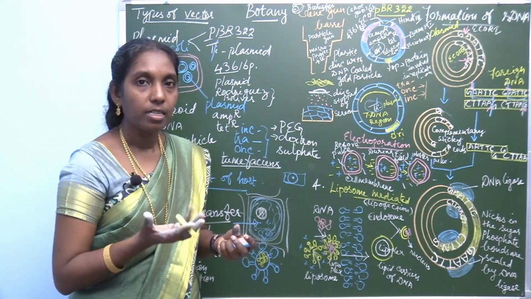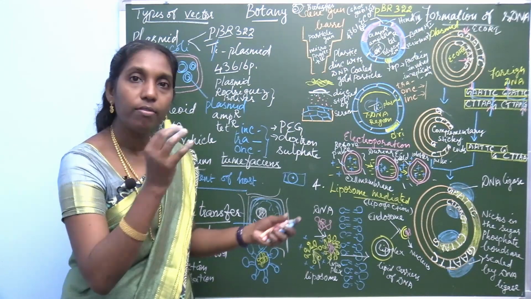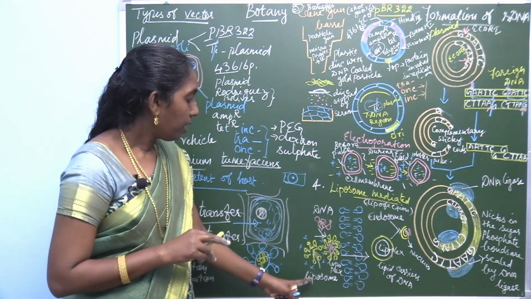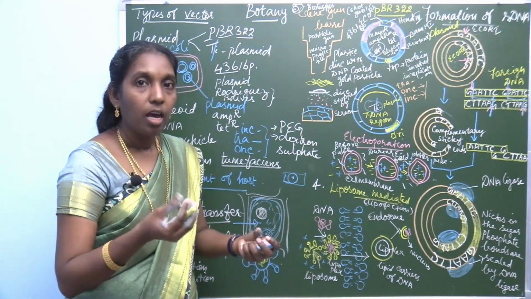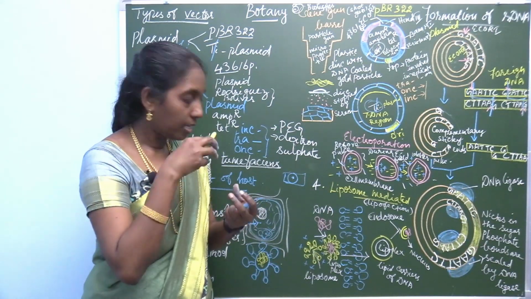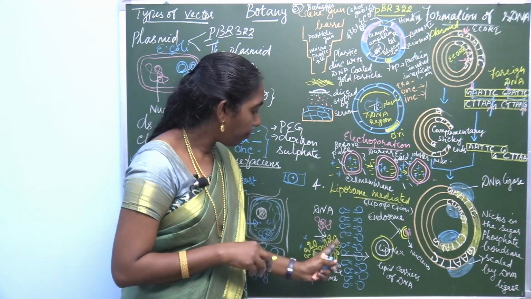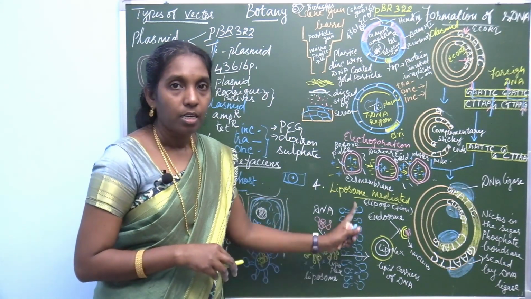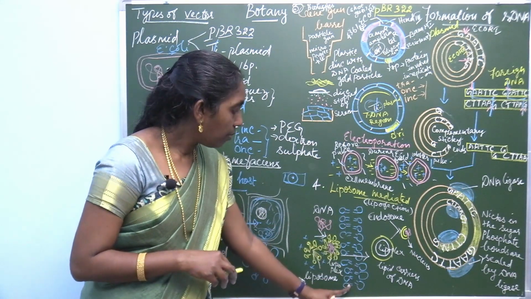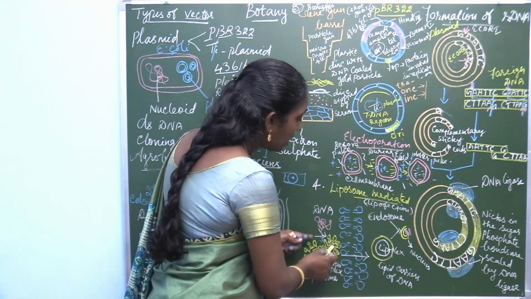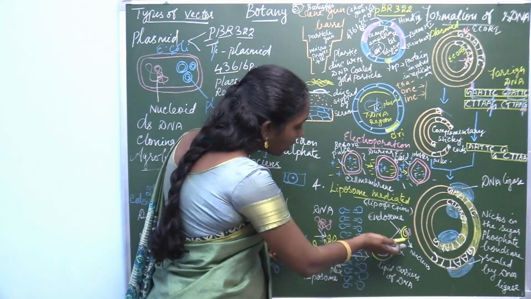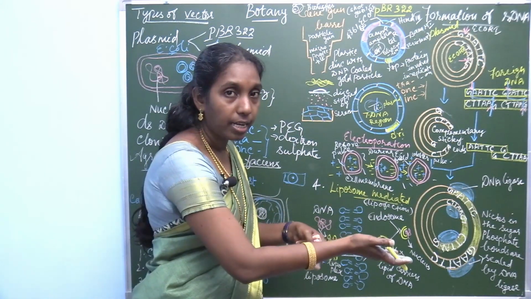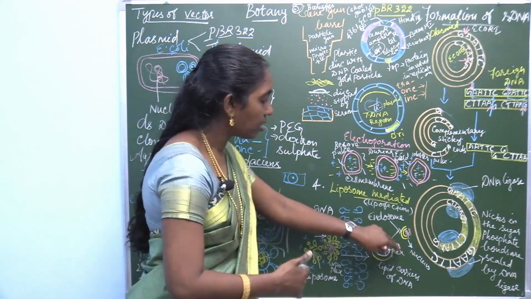What is a lipoplex? A liposome is a vesicle of what? This phospholipid layer. And when the DNA is inside the liposome, it forms a lipoplex. So this is the cell membrane, the lipid bilayer. This lipoplex passes across this membrane and enters inside the cell. This is outside the cell, this is inside the cell.